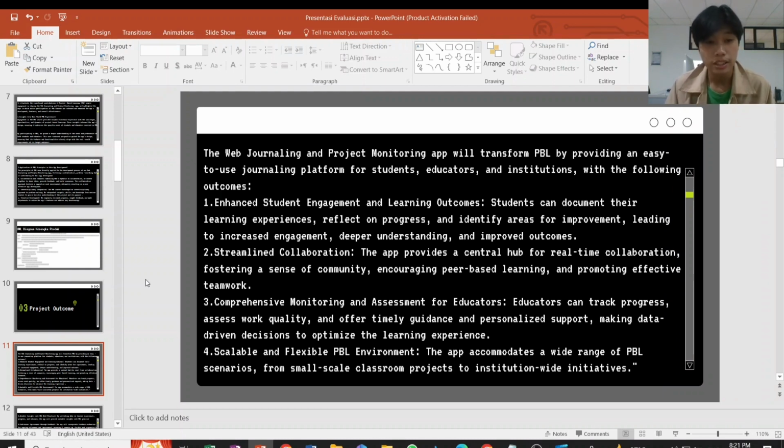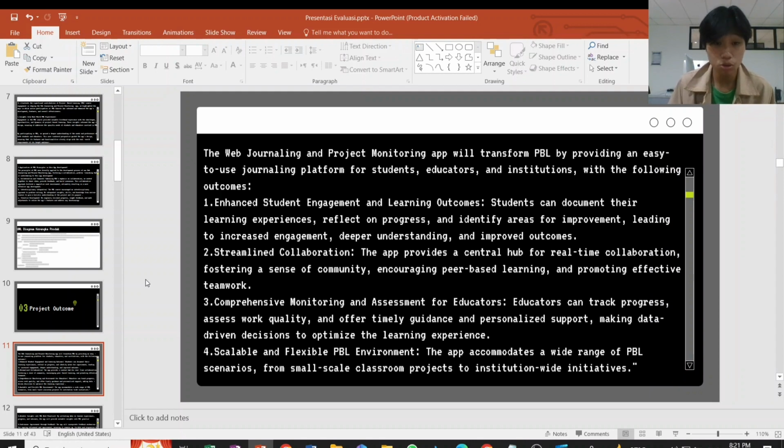Number 1, enhanced student engagement and learning outcomes. Students can document their learning experience, reflect on progress, and identify areas for improvement, leading to increased engagement, deeper understanding, and improved outcomes.